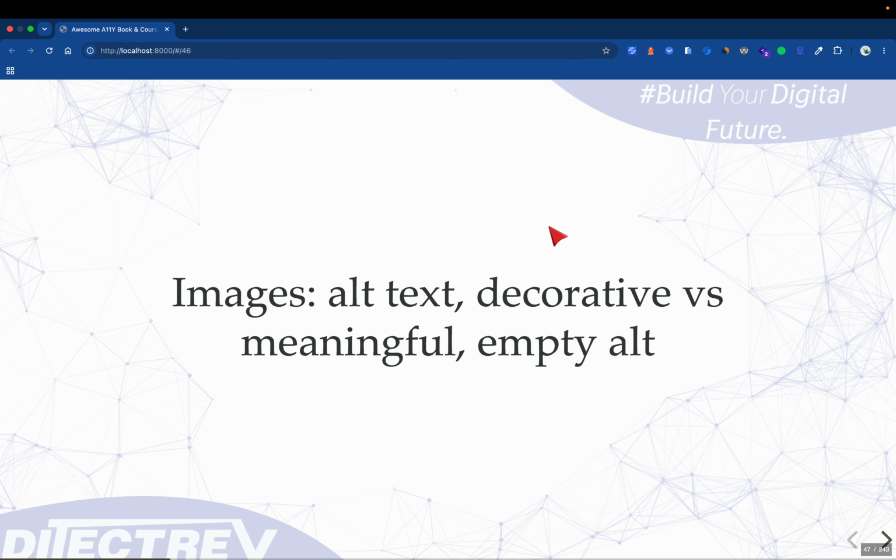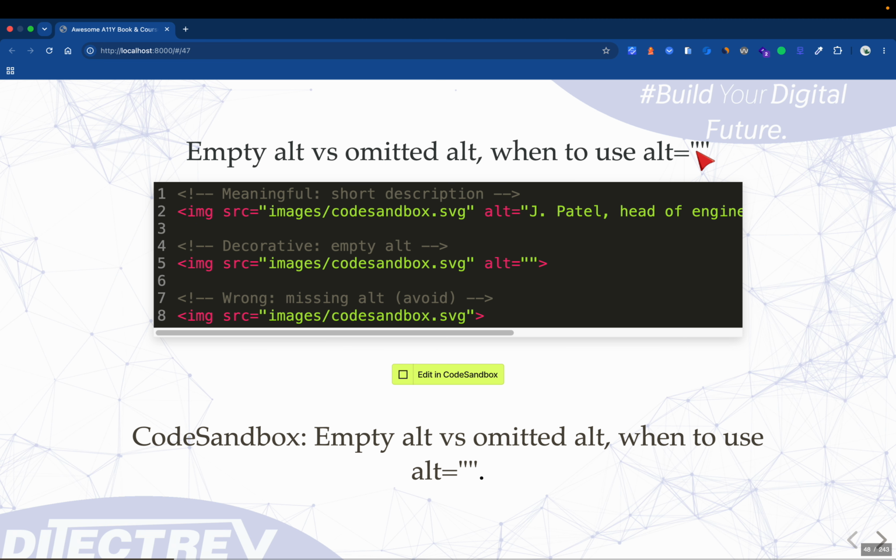Let's now talk about images, where WCAG 1.1.1 is used the most. And I have a couple of slides on that along with examples. First of all,